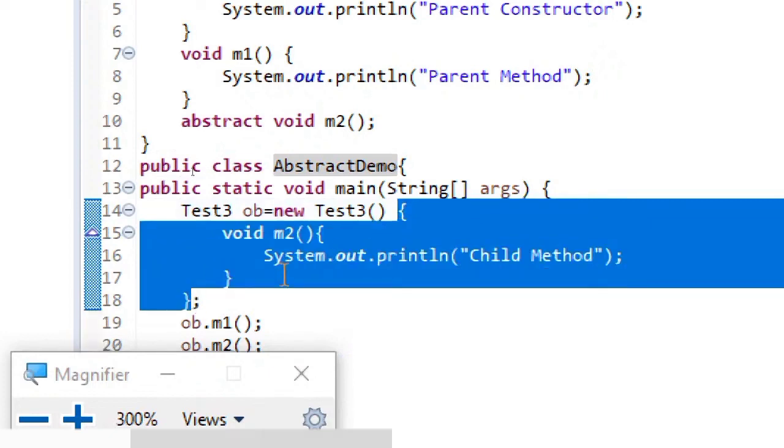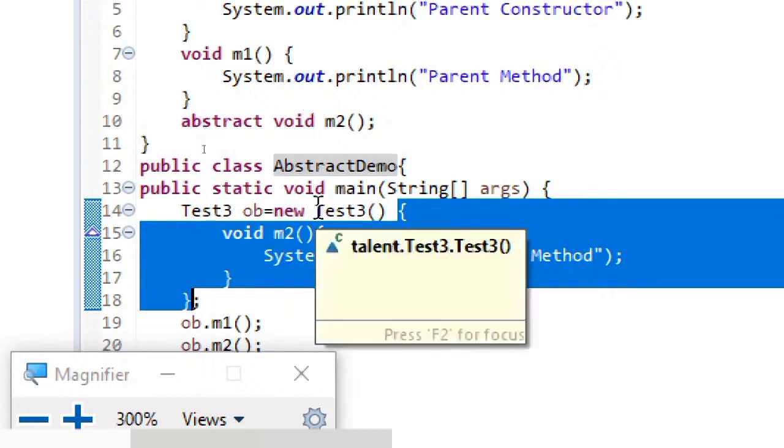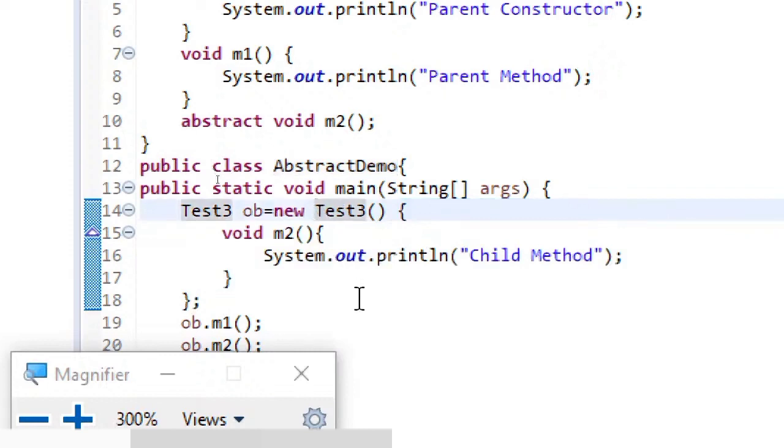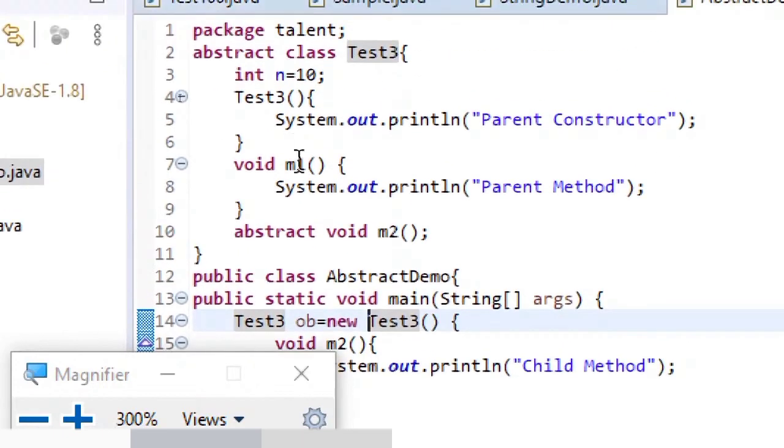So obviously what you might feel is that this will lead to some compile time error because here M2 is not being implemented, or somebody might feel that test3 cannot have an object. So just remember this point. So this is with regard to abstract classes. And next, another thing you have to understand is now here